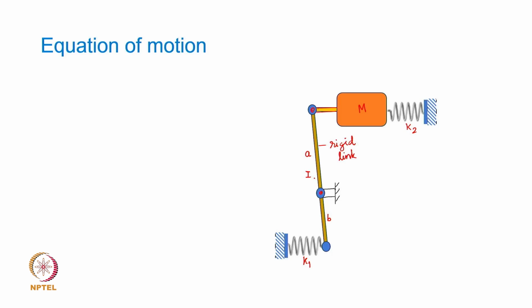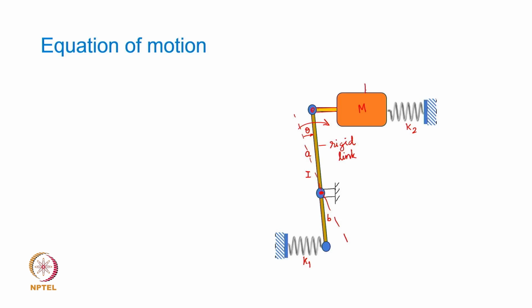Now, if you look at the system closely, it is a kind of mechanism which can be used in practice. The link actually rocks about this fulcrum, and so obviously this could be the degree of freedom for this system. So, theta, the angular